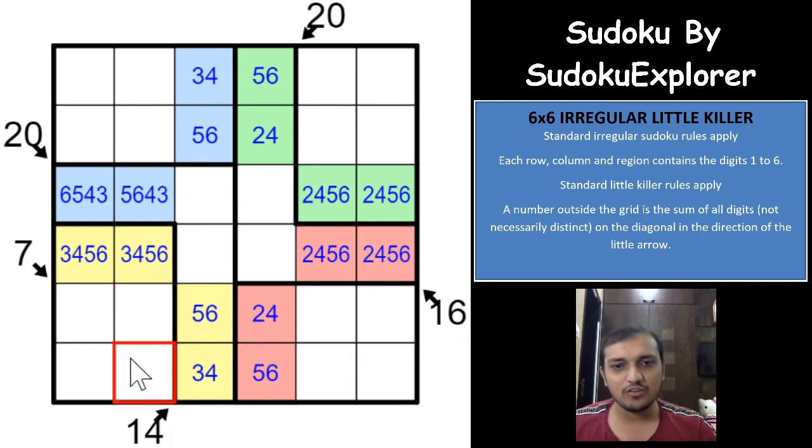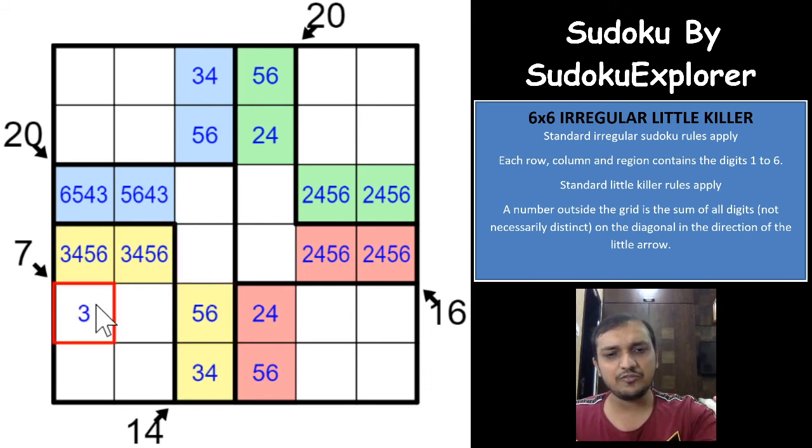So while solving this Sudoku, I was under the assumption that the next part of the Sudoku will be something with the 7, right? There is something with the 7, but not fully. The 7 will give you only one logic, that you cannot have a 3 and 4 as the sum for 7. The moment you have a 3 and 4 for the sum as 7, you will have 5 and 6 in both of these yellow cells, but it is not possible in both of these yellow cells, right?